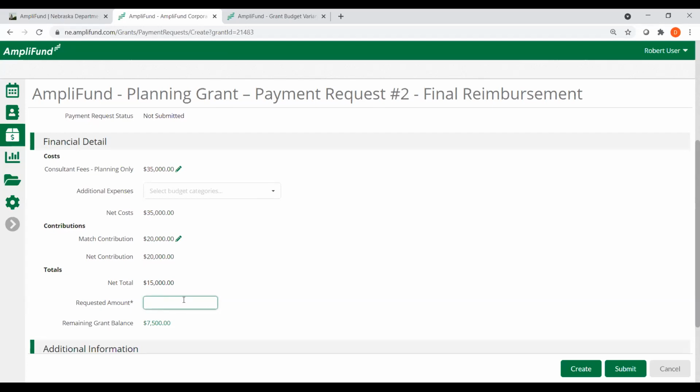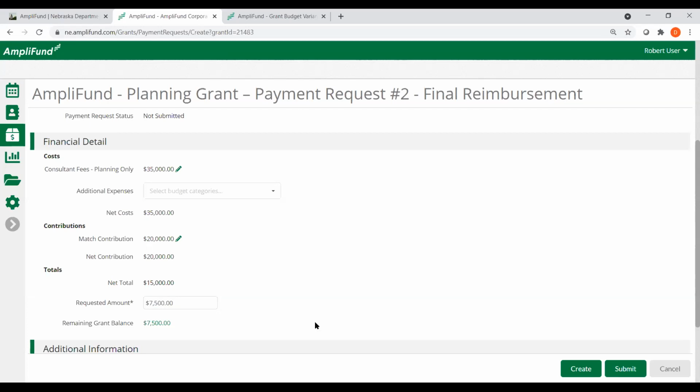Since I've already received $7,500 from DED in grant funds, and I'm submitting my final reimbursement here, my requested amount on this final reimbursement needs to be the other half of those grant funds. So I'm going to fill this out for